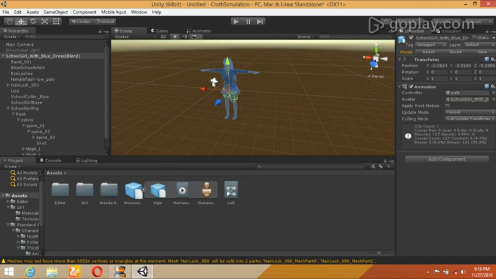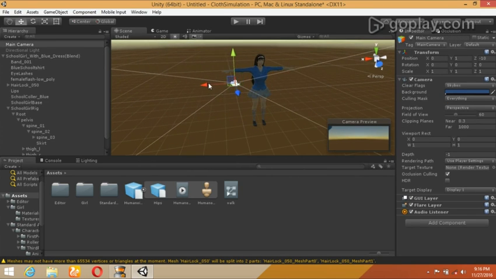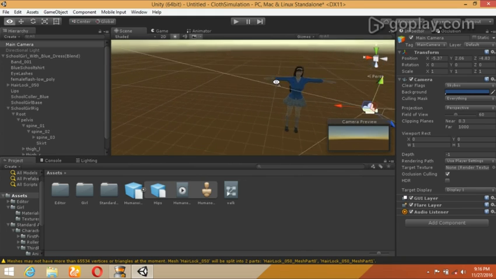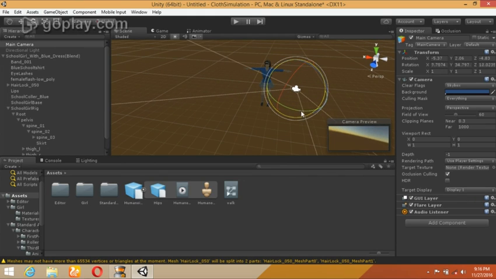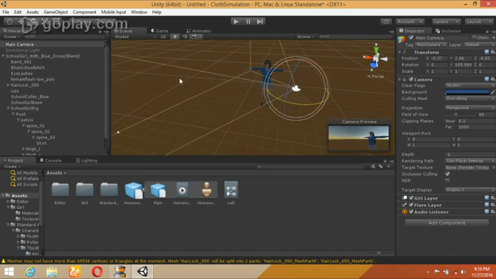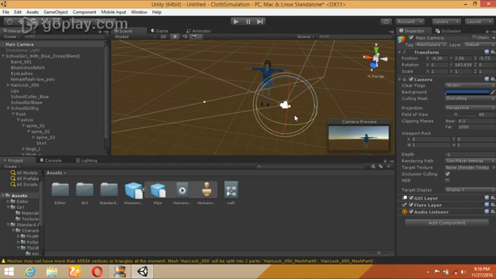Before I hit the play button, I'm going to change this camera's view, because when we start our animation, this girl will start running and we cannot catch her. So before doing that,